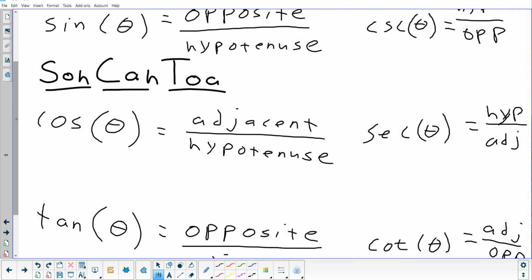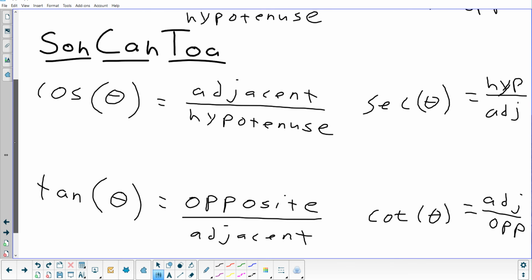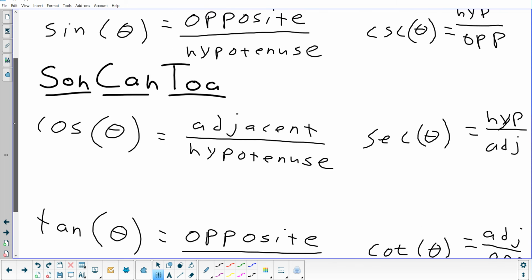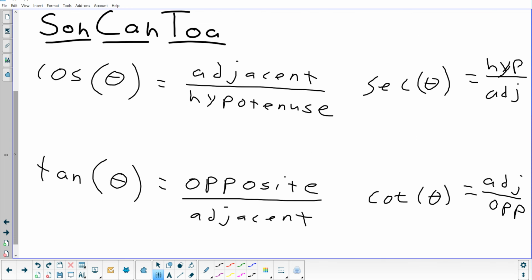ADJ is just an abbreviation for adjacent, OPP is the abbreviation for opposite, and HYP is hypotenuse. I just ran out of space. Any questions on those 6 definitions? All right, so let's try